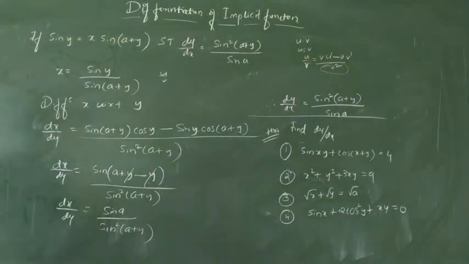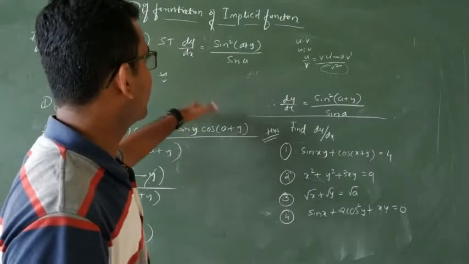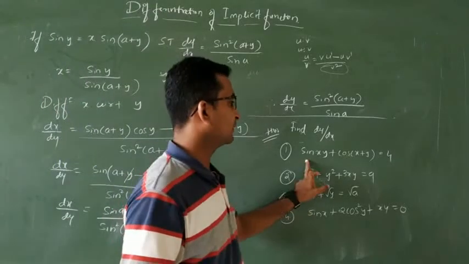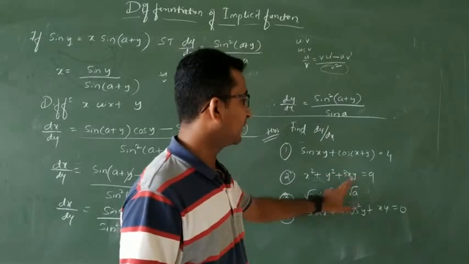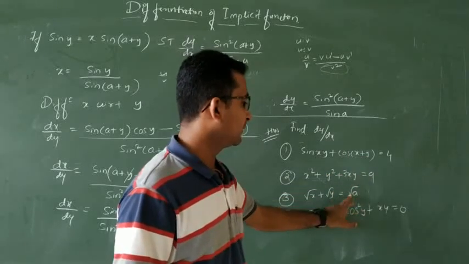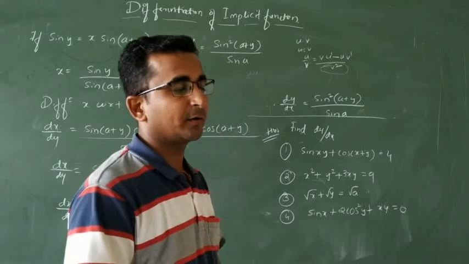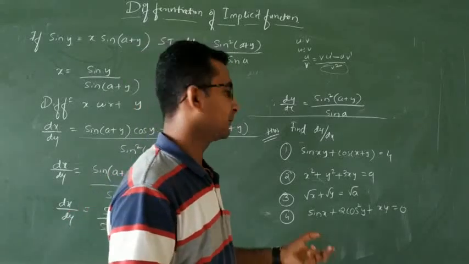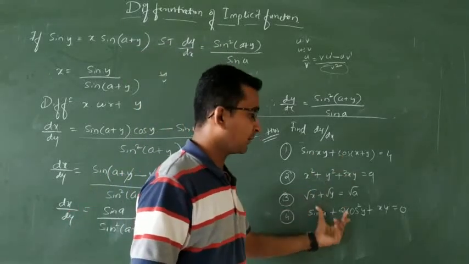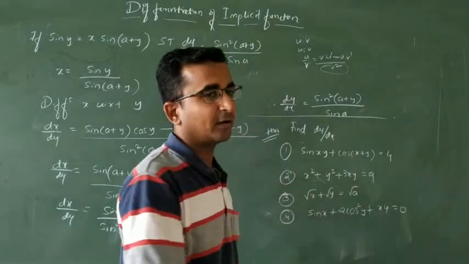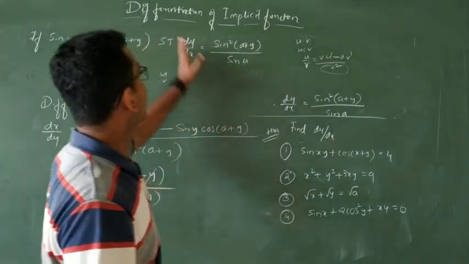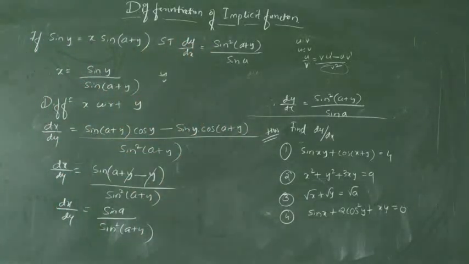Okay. So the exponent form I will solve in the next class. So what you have to do: these are all nothing but in the form of the dependent with the independent, so these are what we conclude as implicit functions. Okay. First we are going to differentiate with respect to x. Take dy by dx to one side and the others to the RHS. That is the answer for how to differentiate the implicit function.